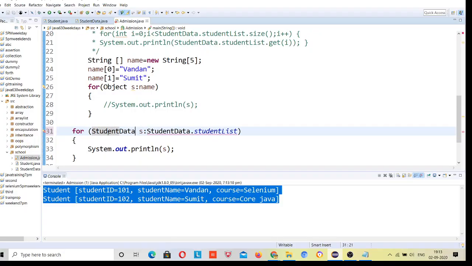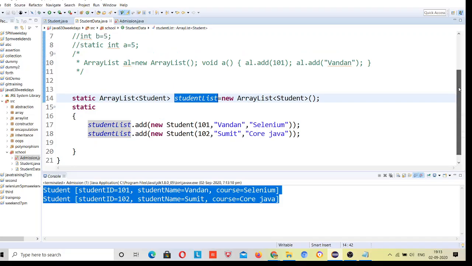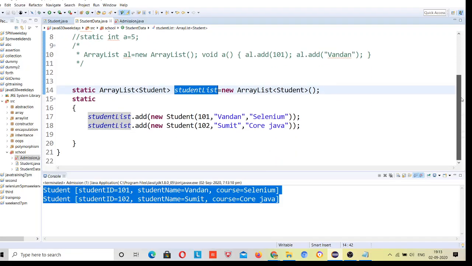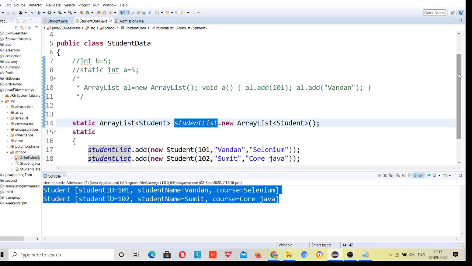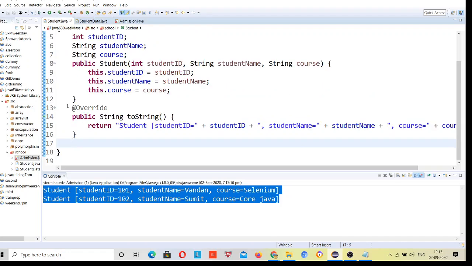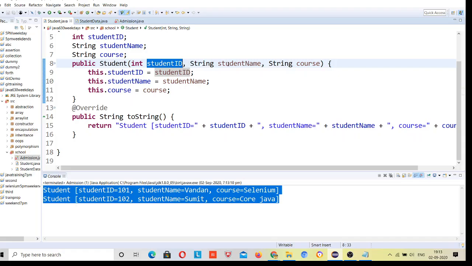Student data, a student kind of array list, is present in the student data class, and the student data class does not know how to print the data of the student. The student class knows this, it is overriding the toString method. This is well known from the definition of the array list type.